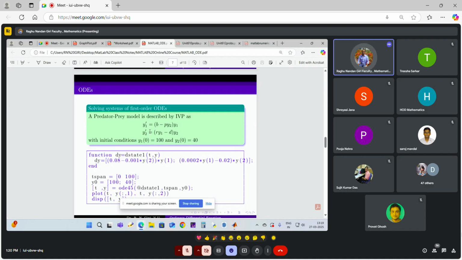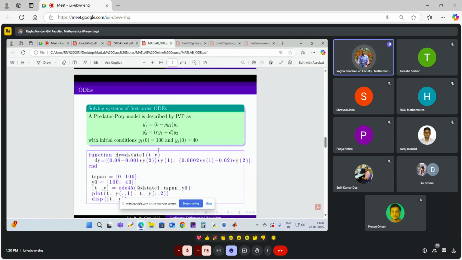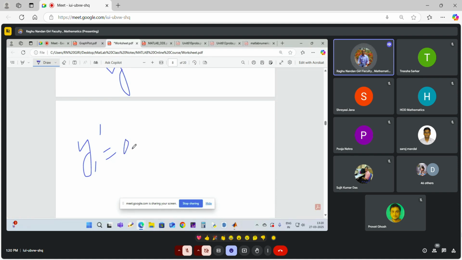There are two first order ODEs with initial conditions. One is y1 dash equal to 0.08 minus 0.01